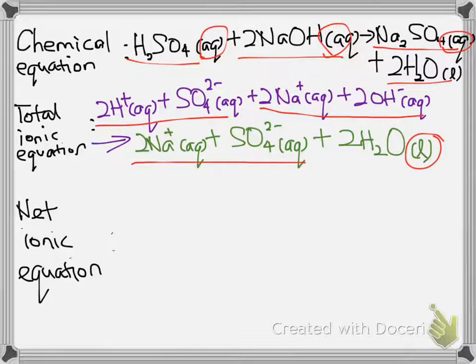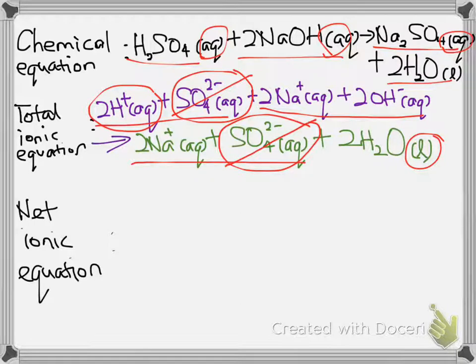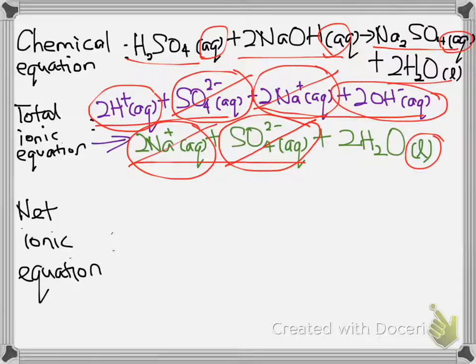Now, H+ appears in the reactants but not in the products, right? Therefore, it is not a spectator. Sulfate appears in the reactant and the products. Therefore, it can be cancelled out. Sodium appears in the reactants, also appears in the products. It is therefore a spectator and can be cancelled out. Lastly, hydroxide appears in the reactants but not in the products, therefore it is not a spectator and cannot be